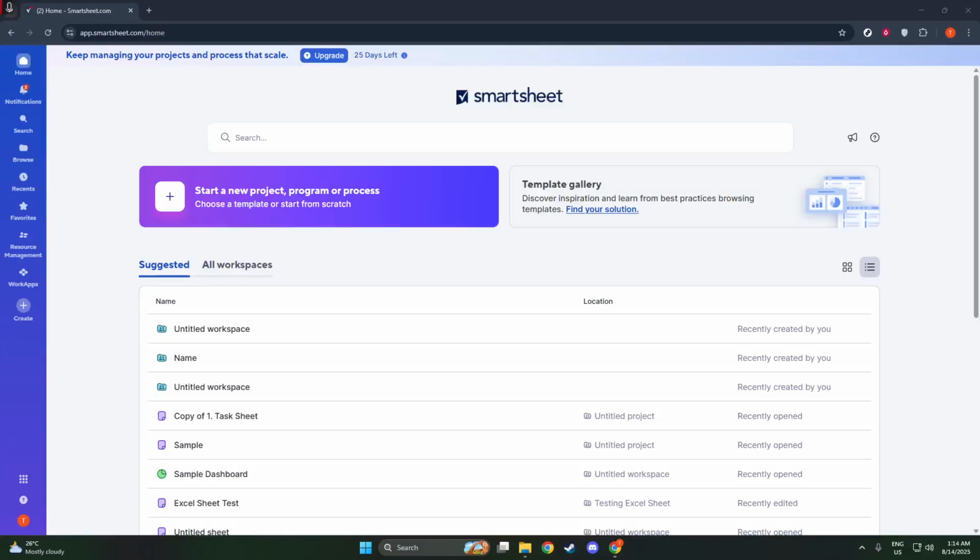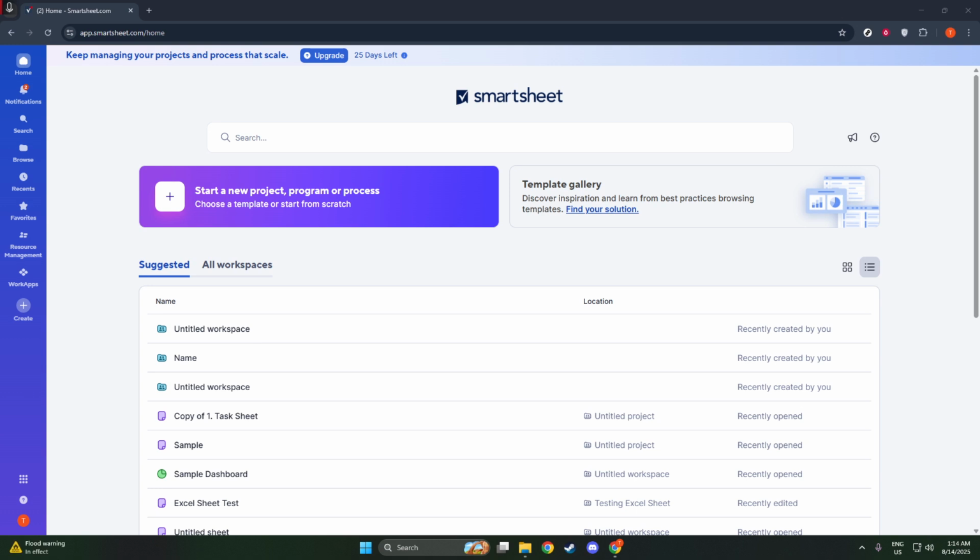In today's video, I'm going to teach you how to create a new Smartsheet from a template. Smartsheet is a wonderful tool that helps us all manage projects, schedules, and so much more with ease and efficiency. Let's dive in and explore how you can leverage its Solution Center to quickly set up a sheet that meets